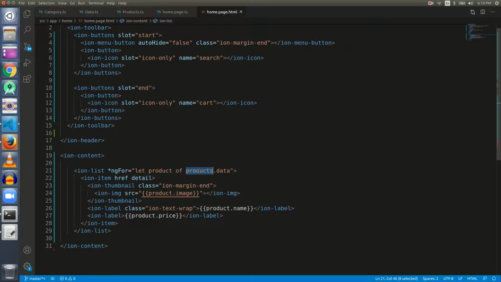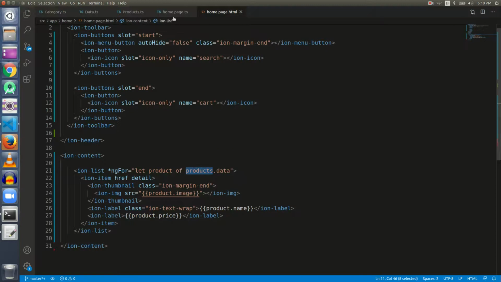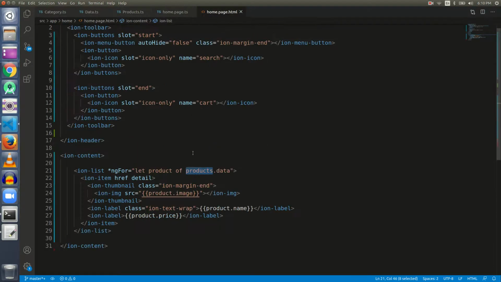At present it is undefined, because only after the HTML is rendered is the HomePage class instantiated, and after it is instantiated, products comes into the picture. So products is being used first before getting declared, and then the constructor is executed, then ngOnInit is executed, but till then we get this error here.